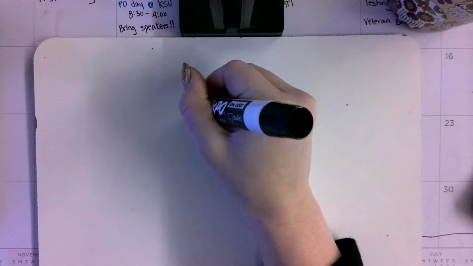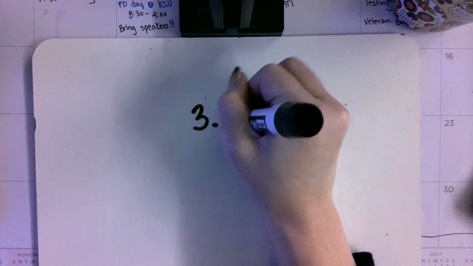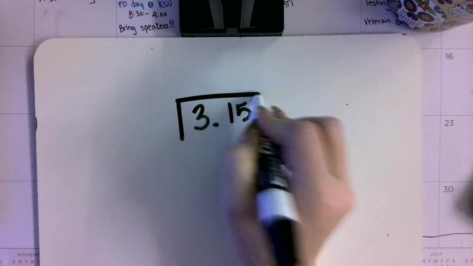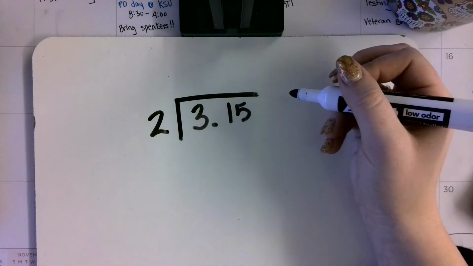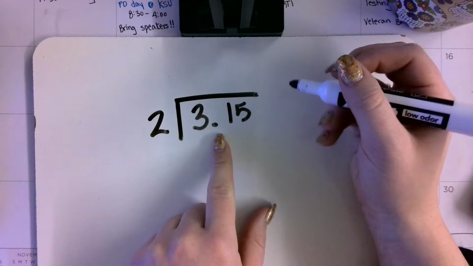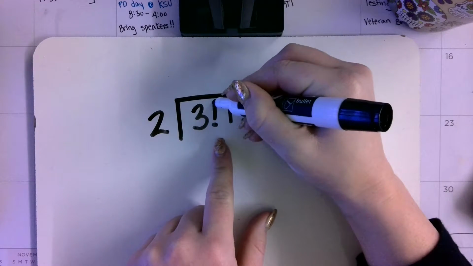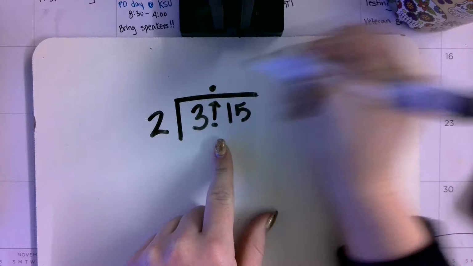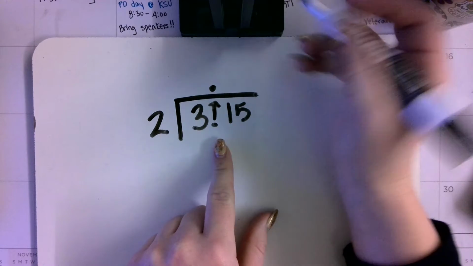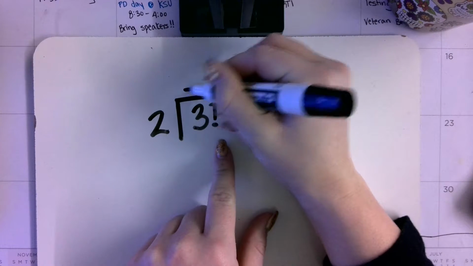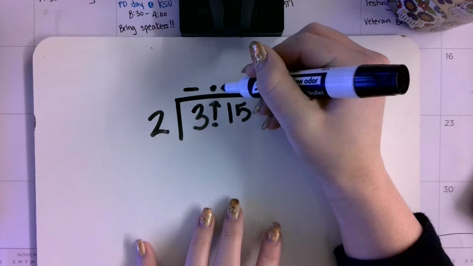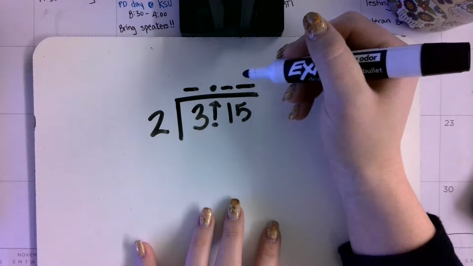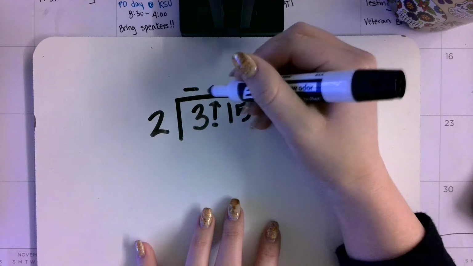So let's say it's 3 and 15/100 divided by 2. So when we have the decimal inside, it's really easy. All we do is just bump it right up, and then that's where it's going to be in our answer. We also need to remember to put a plate above each of the digits. This is going to help make sure that our places are correct in our answer and that we don't forget